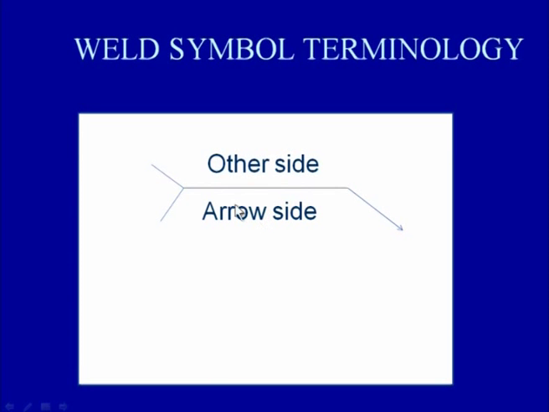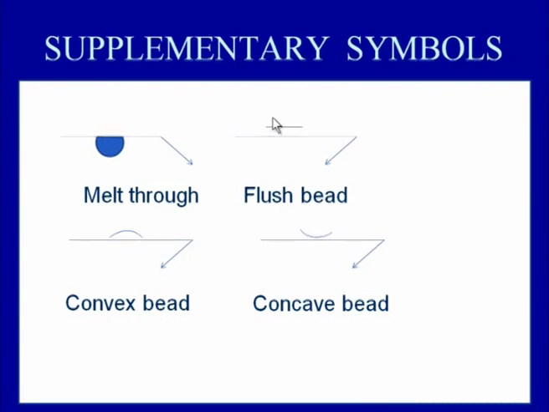When the weld symbol is made on both sides of the reference line, the weld symbol below the reference line suggests that a weld is to be made on the arrow side, and the weld symbol and other information above the reference line suggests that the weld is to be made on the other side of the arrow line. These are the other supplementary informations which are given, like melt through is to be achieved, and when melt through is required, then this kind of symbol is made with the reference line,